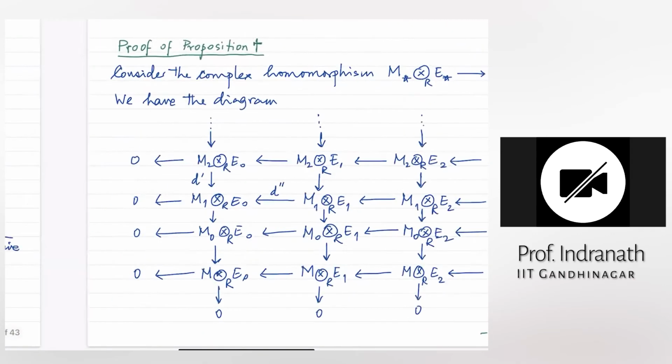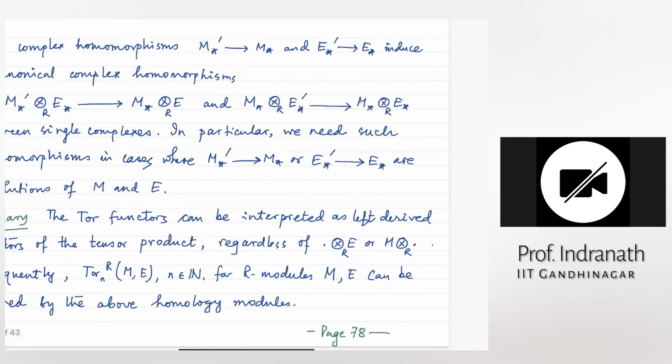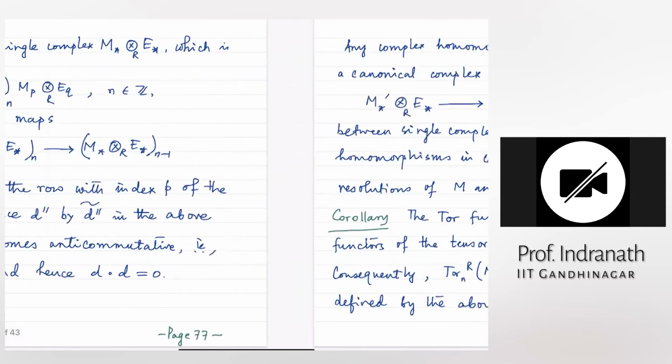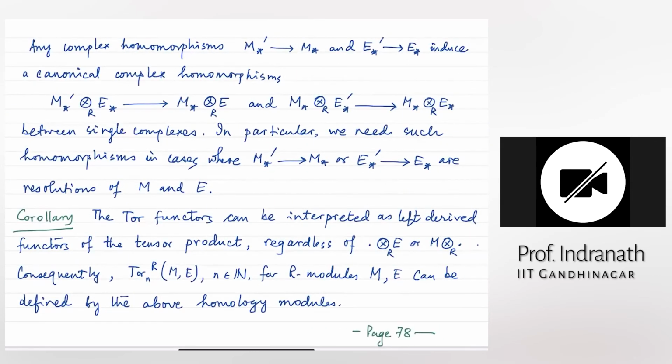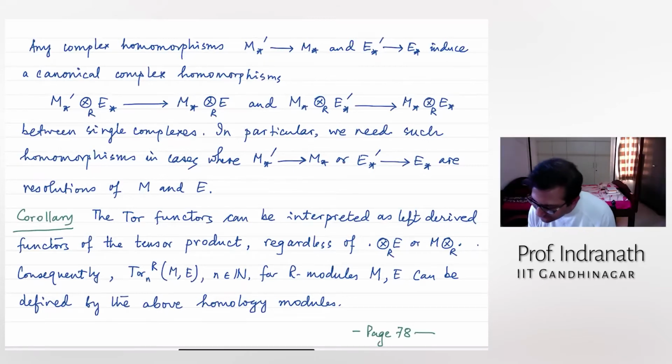It's very difficult to remember all the time. Just a minute. See, this Tor(M, E) can be defined using any one of the above homology modules, right? Because you have this isomorphism of complexes, and isomorphism at the nth homology levels. So Tor is the same, meaning the homology modules are isomorphic, isn't it so? Therefore, your flipping is not going to change it.